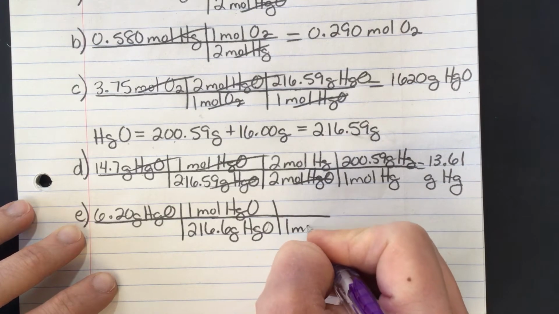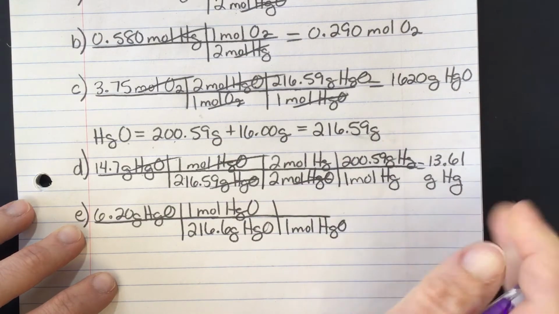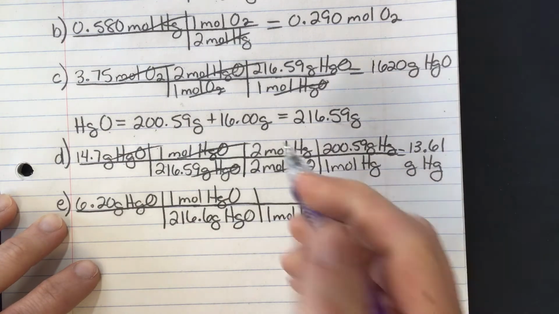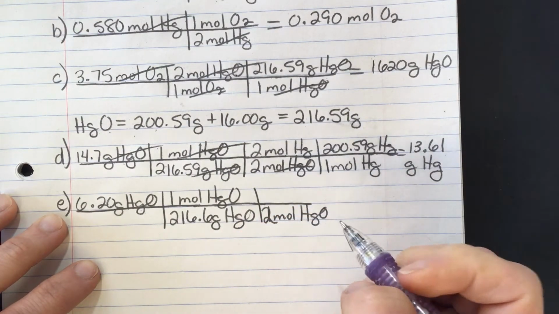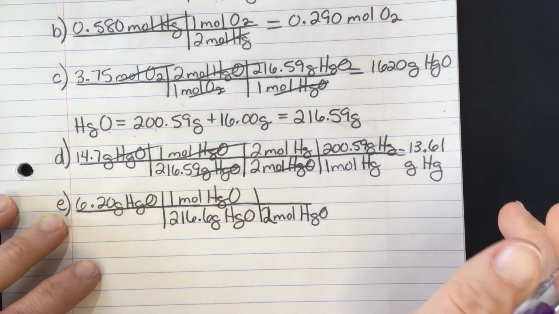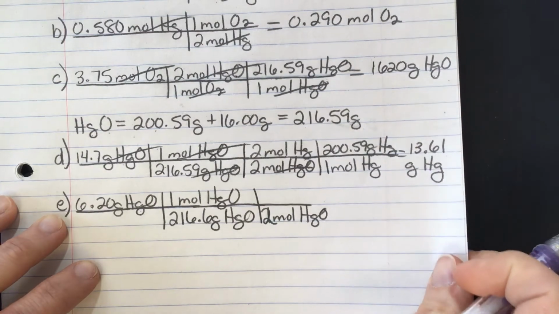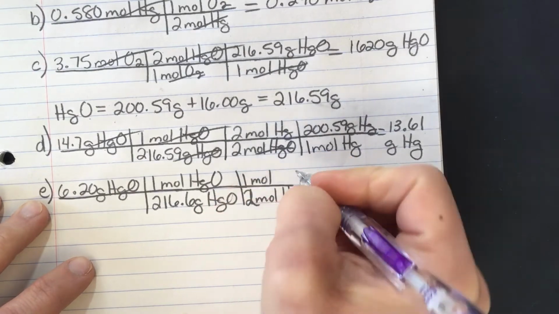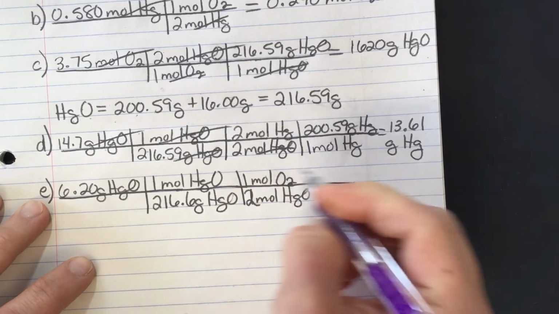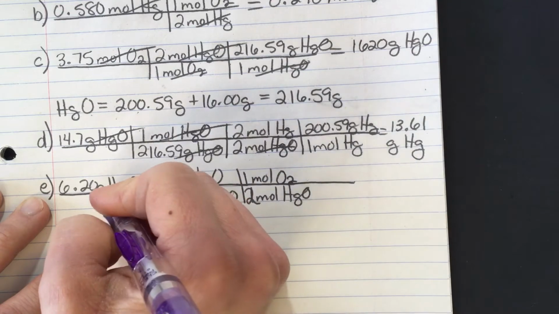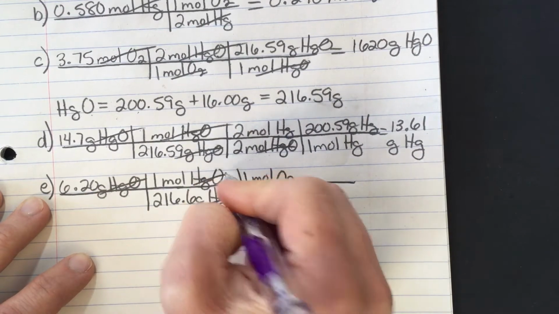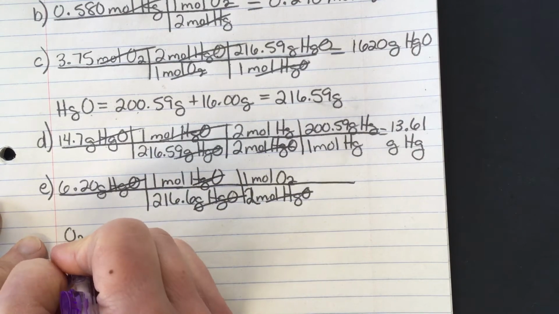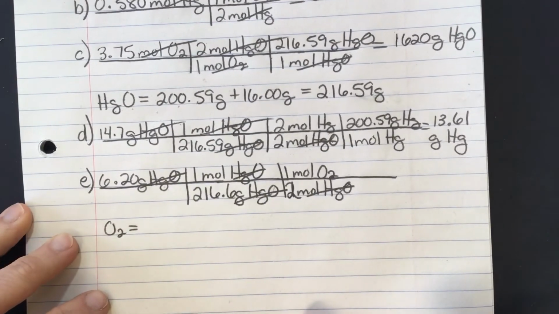I put 1 mole of HgO on the bottom. There's a 2 in front of it in my equation. Oops, so actually I need a 2 there. Sorry about that. I'm going to oxygen. Oxygen has nothing out front, so that's a 1. So 1 mole of oxygen. But I am trying to get to mass of oxygen, so I can come down here and figure out my molar